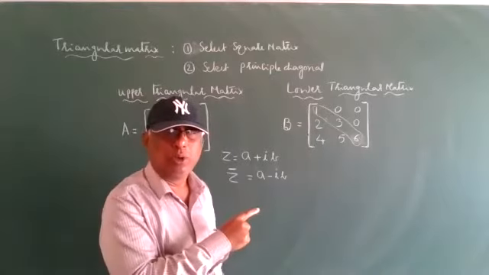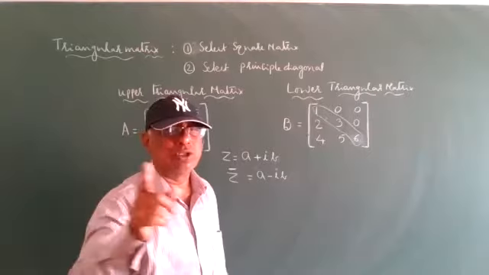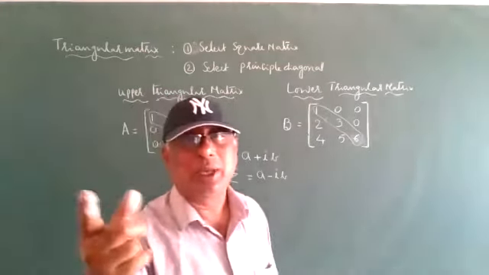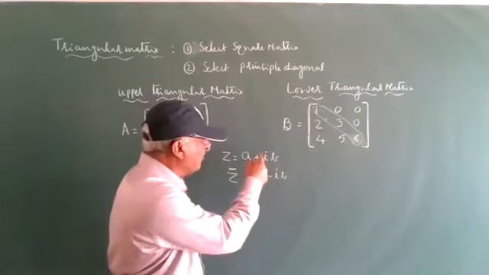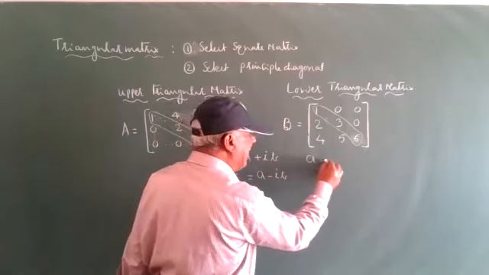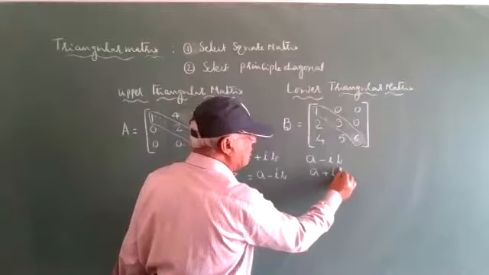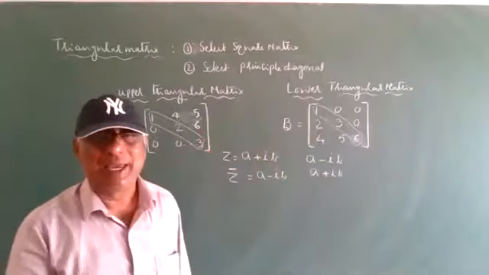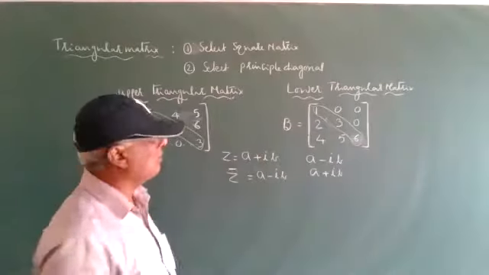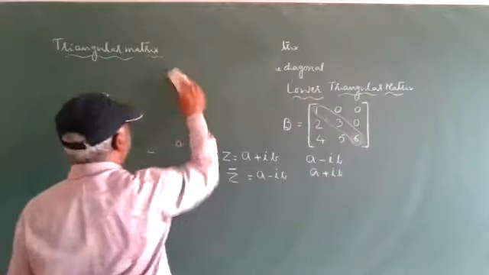So conjugate, we discuss with the complex number. A plus ib is the complex number. Its conjugate is, just write down, plus i replaced by minus i. If minus i is given, write down minus i replaced by plus i. That is called a conjugate. Changing plus i or minus i, that is called a conjugate. Okay? Right.